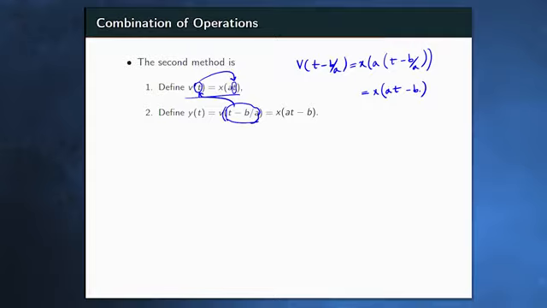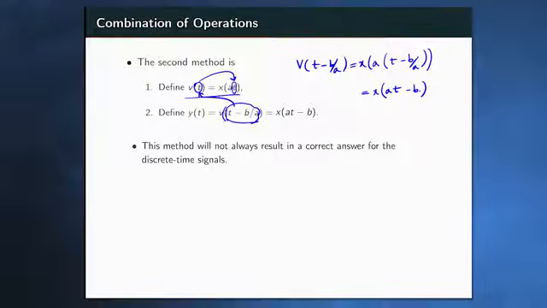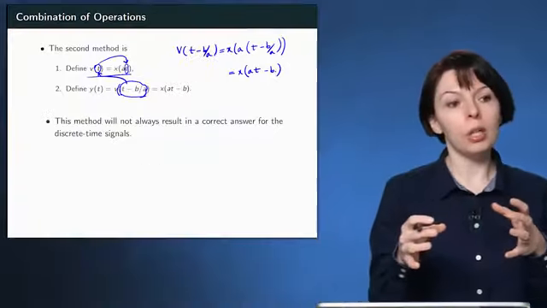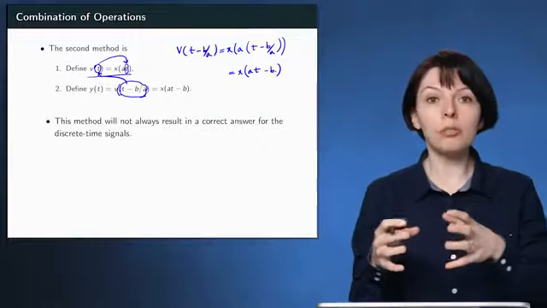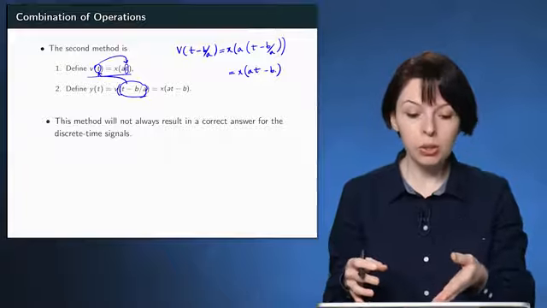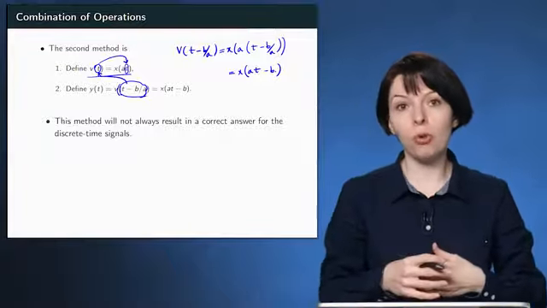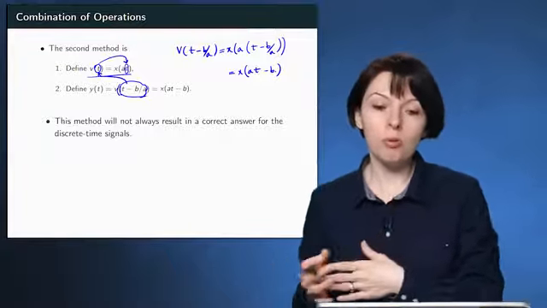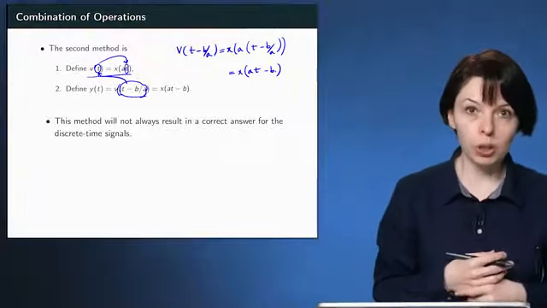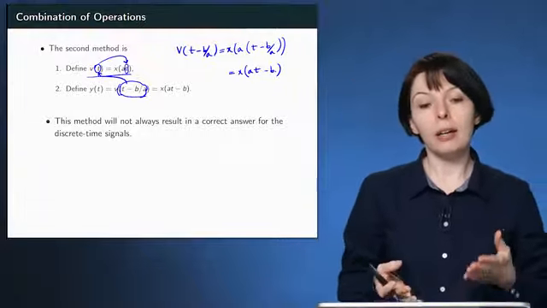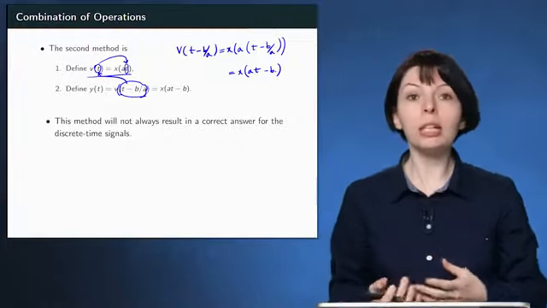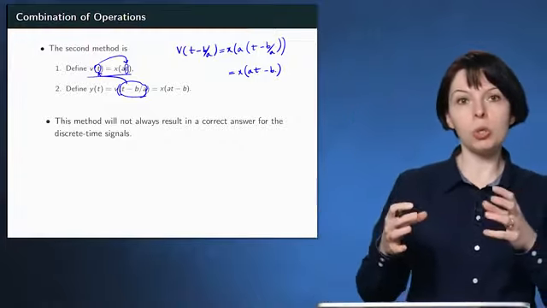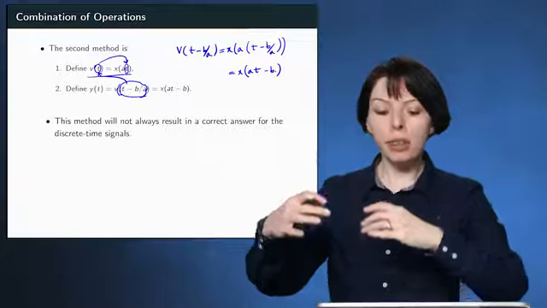And on top of that, this method is not recommended for discrete time signals because in the process of decimation for discrete time signals, you are going to lose some samples. So ultimately, the result of this transformation, if you use the second method to perform the combination of transformations, might not be the correct answer that you're looking for. So the recommended method when you're dealing with a combination of transformations is to do the time shifting first,